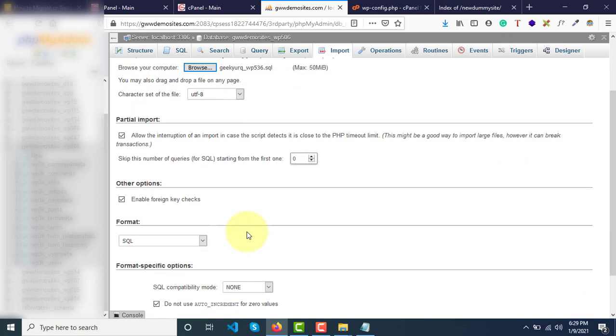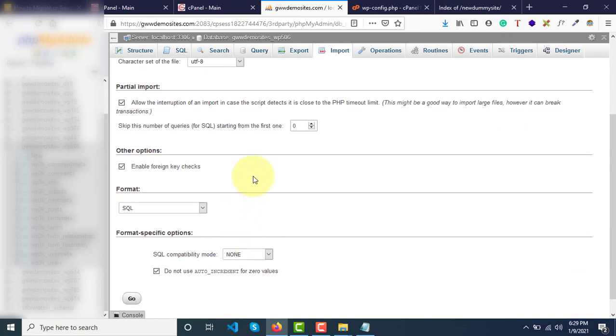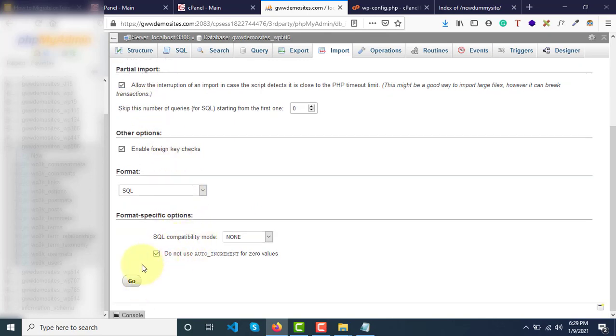And now select the format SQL and then click go. So our backup SQL details will be imported into this new database as well.